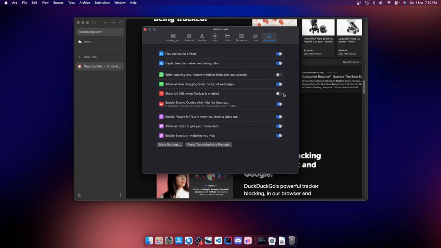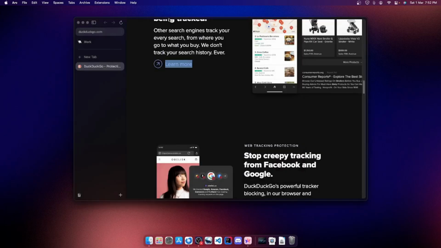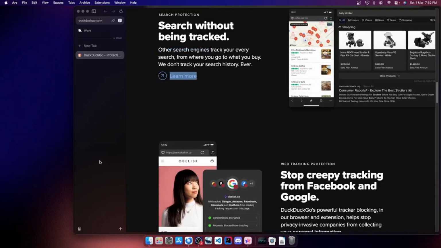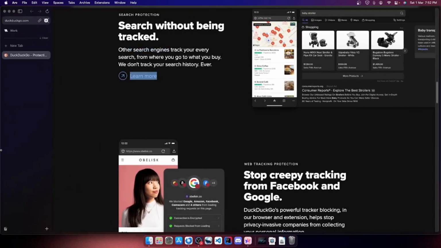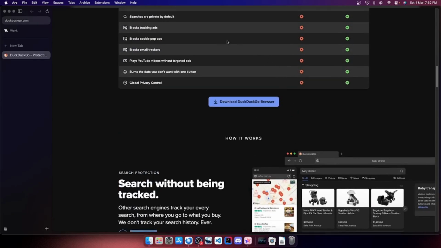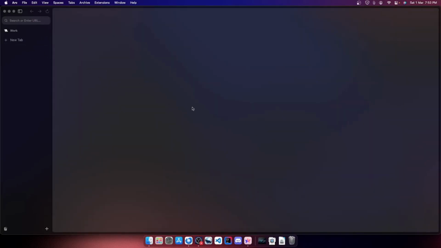Okay, and there's advanced, which we don't really need to know. Yeah, and I'm pretty sure that in Windows, Arc browser actually has this URL bar over here. Just one small thing to know. I'm pretty sure that in Windows it happens like that. Okay, let's close this. So yeah, that is basically about our browser.